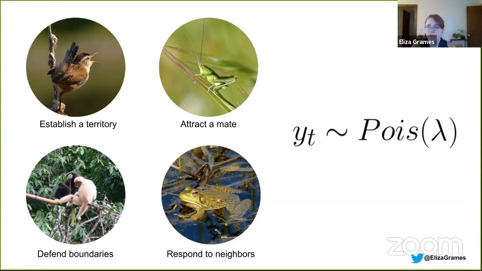We don't know if a signal is because an individual is defending territorial boundaries or attracting a mate, unless they have different signals that they use for these different underlying behavioral motivations. For many species, that's not the case, and it's the same exact signal no matter what the underlying behavioral motivation is. So when we model this as a Poisson process, that doesn't really tell us what the behavioral motivation is. For that, we actually have to turn to the stock market because they have really good models to understand individual behaviors and motivations.